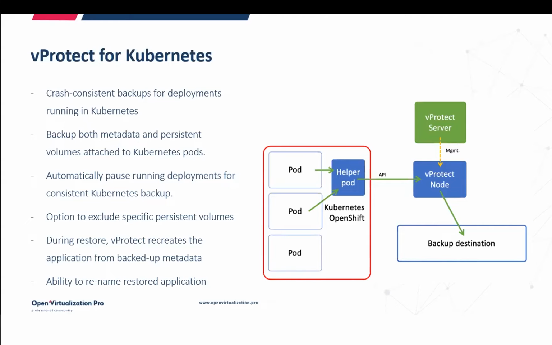And by default, the application will be restored with the same name as the original, along with a string of numbers as the suffix to identify that newly restored deployment. But you also have the ability to provide a new name for that restored deployment as well. So whatever you'd want that new application to be stored as, you can provide a new name for that during